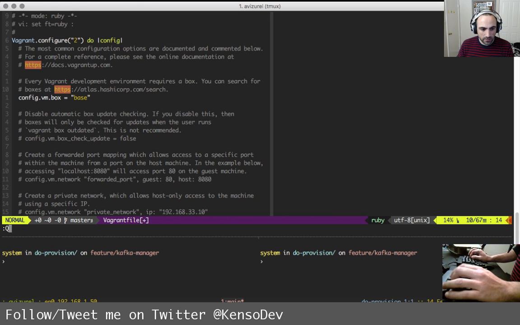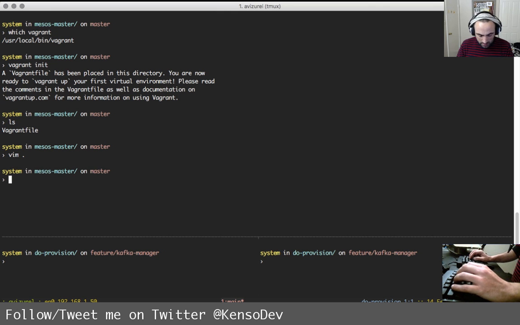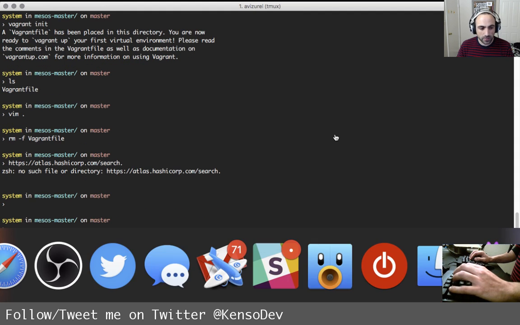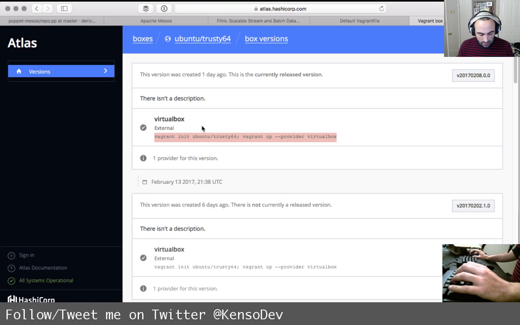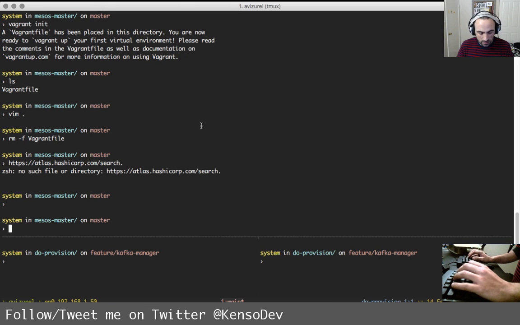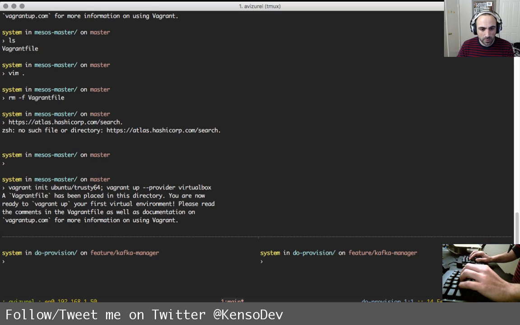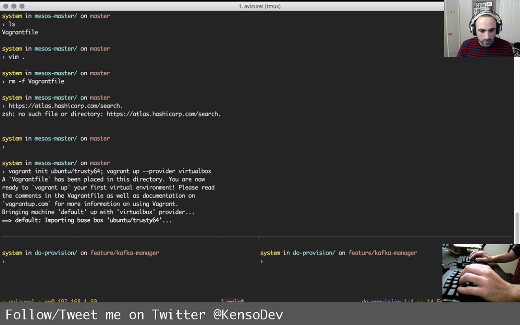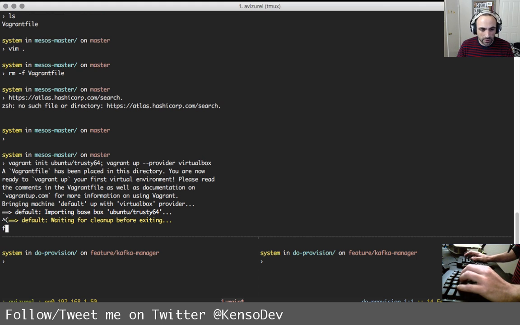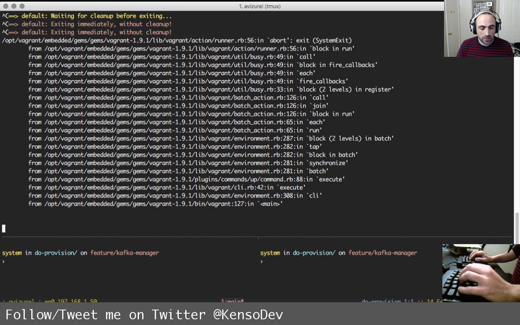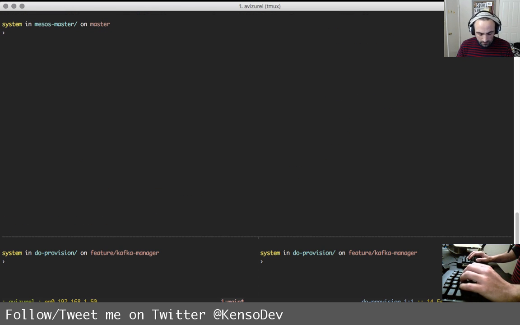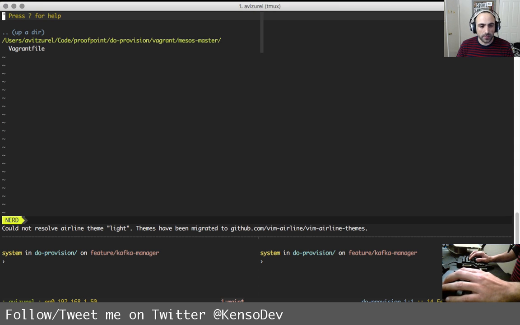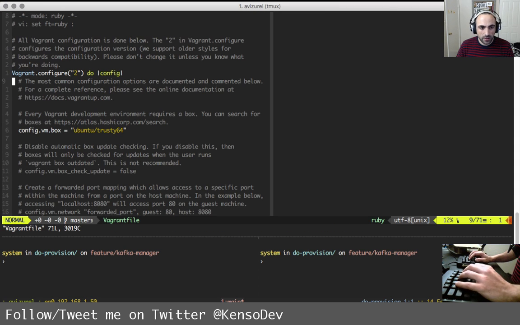And then let's go to here. And I want to remove this specific Vagrantfile, and I want to run this init. Where is it? Here. Right, so let's copy and then paste it here. Vagrant init with Ubuntu. Oh, I don't need vagrant up. I don't actually need vagrant up right now. Okay, so we have a Vagrantfile.